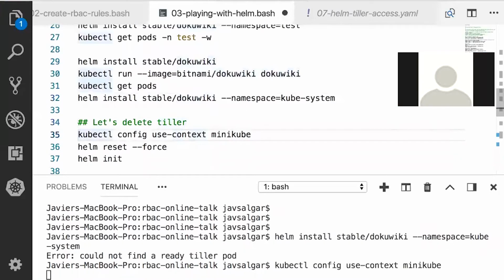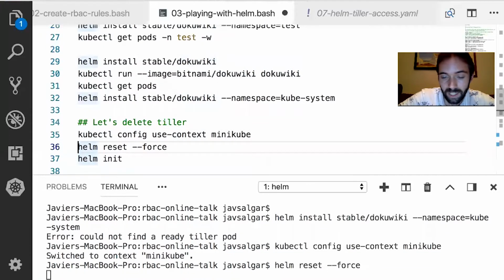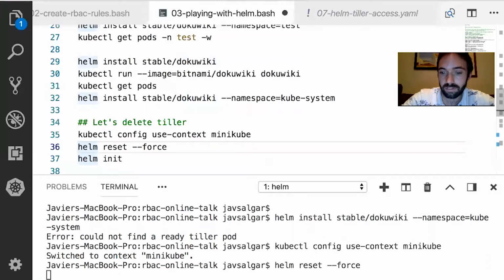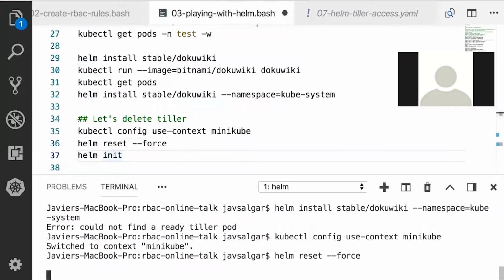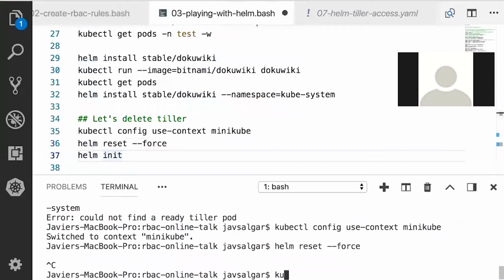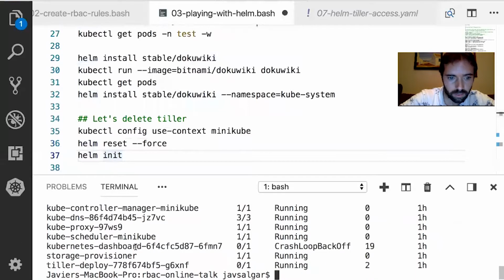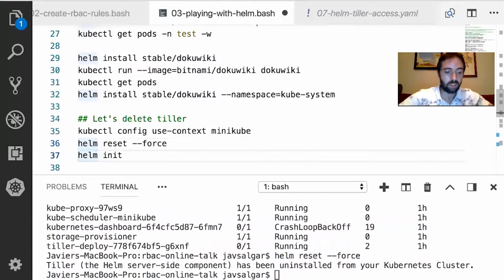So I'm going to basically switch to Minikube, and I'm going to try to just reset. I'm going to kill this tiller pod, and I'm going to recreate it again. And if it will allow me, and see what happens. Wow. Probably forgot about the tiller namespace parameter here. Let me see what's going on here, but I have this too. So it's running, it's restarting. And now, okay, now it's being uninstalled. I'm going to reinstall it.